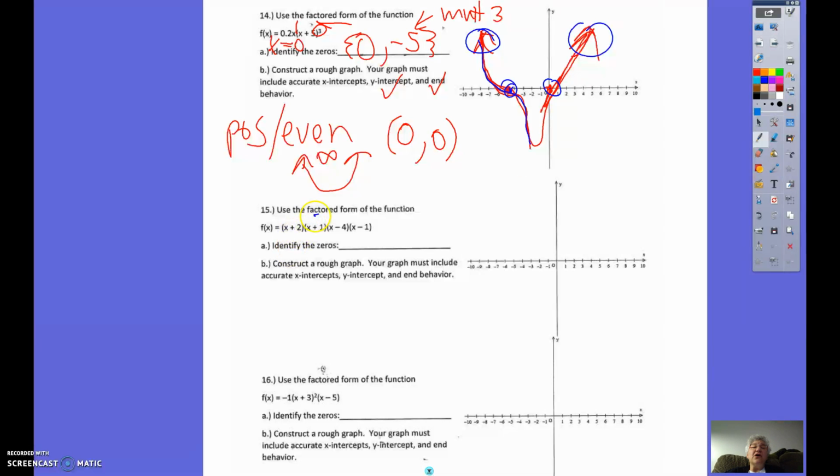Number 15 is also in factored form. X plus 2 is to the first. X plus 1 is to the first. X minus 4 is to the first. X minus 1 is to the first power. So our degree of the equation is going to be 4, 1 plus 1 plus 1 plus 1. Our leading coefficient is 1, so this is